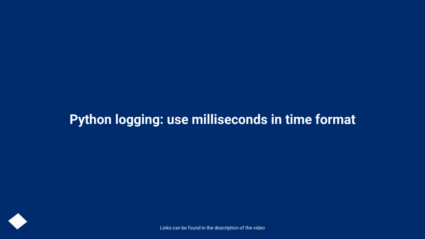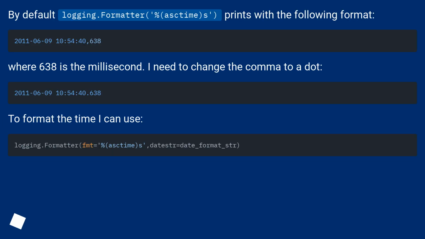Python logging, use milliseconds in time format. By default, logging.Formatter's %(asctime)s prints with the following format, where 638 is the millisecond. I need to change the comma to a dot. To format the time I can use: